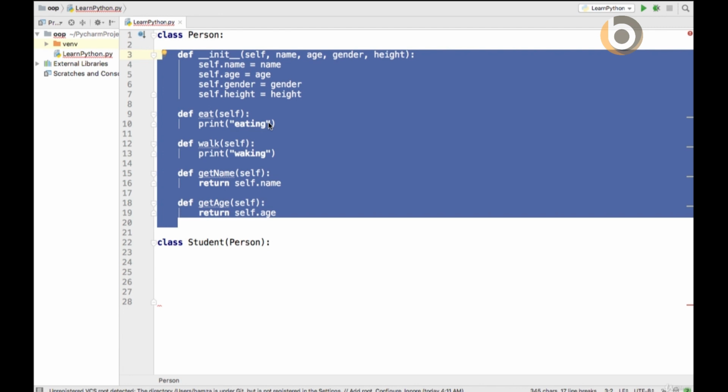So that is the benefit of inheritance, because we know that student can eat, student can also walk, student has a name, age, gender and height. These all things also belong to student as they belong to person. So student can have all these things in real life because student is a person. So we have all these things already in this class student. This is very beneficial when we have big classes that we want to reuse, we can simply inherit them